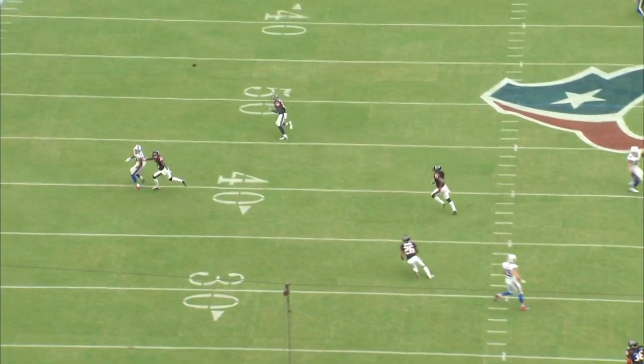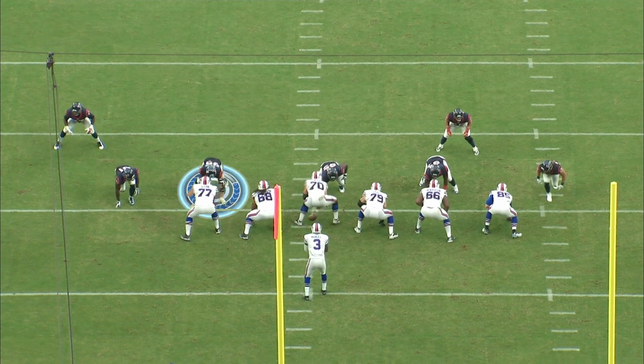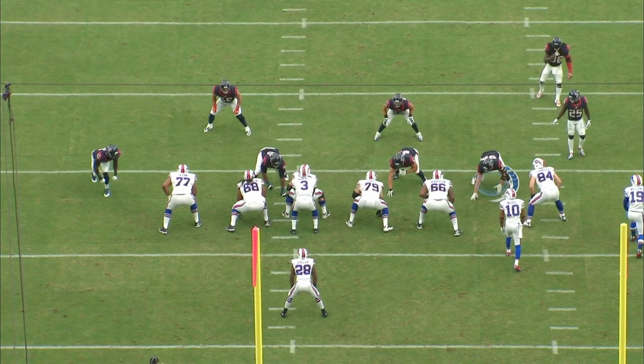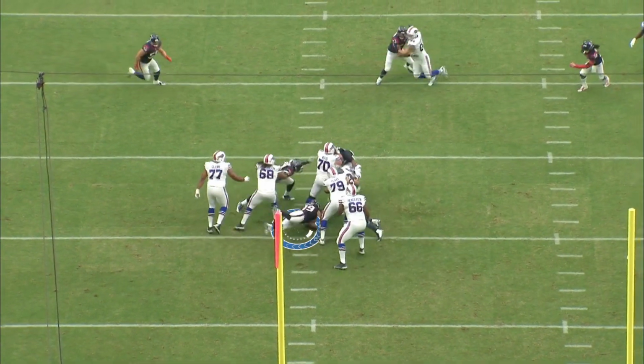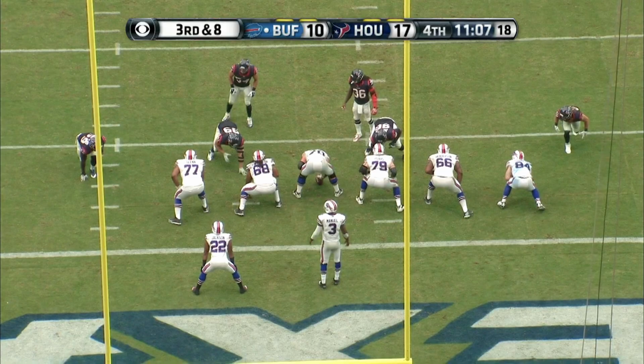As I mentioned before, he had 16 pressures in this game. For reference, that's more than Von Miller got during the entire month of September in that same season. However, just as important as the pressures that Watt got himself individually were the pressures that he helped create for his teammates. This is a 3rd and 8 situation in the 4th quarter, and the Texans are now leading by